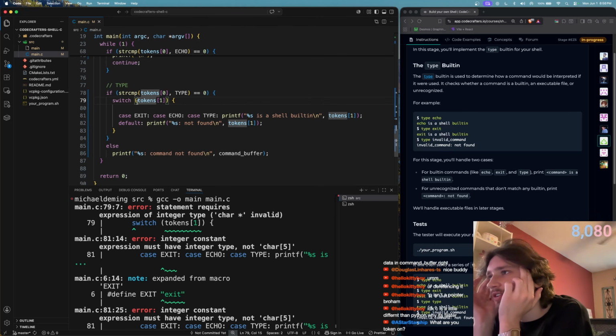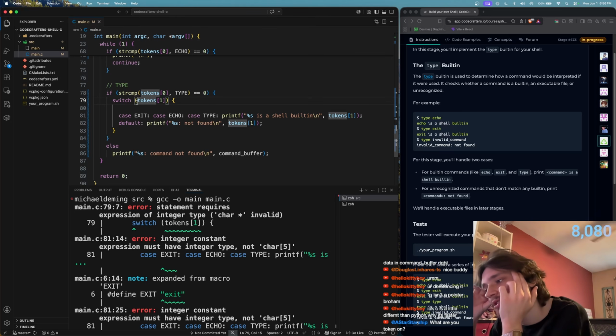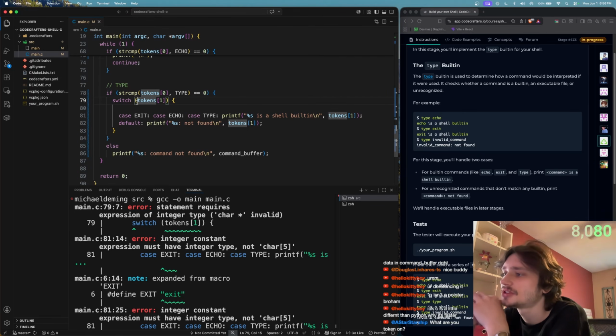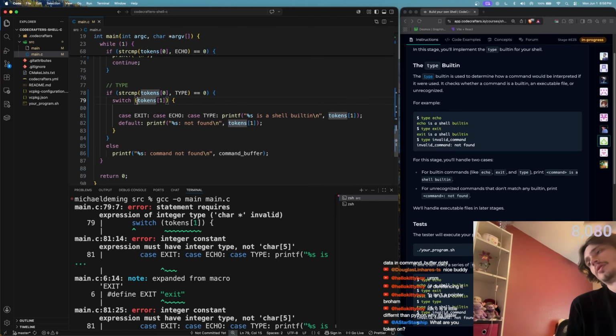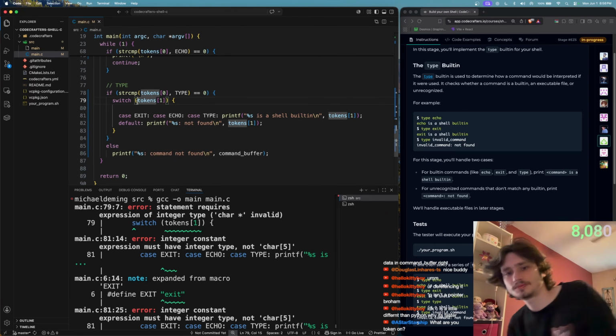We can't use a string as our switch expression. It has to be an integer constant or integer type. So we need to